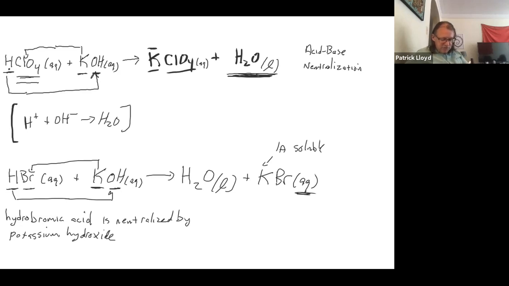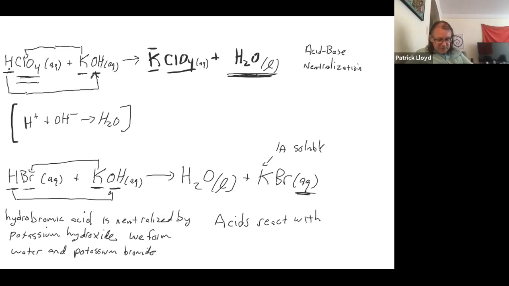And then out of that neutralization, we form water and potassium bromide. So it's often stated, this is actually common language, it's often stated that if you do an acid-base reaction, the acid, so acids, in general, they react with bases to form water